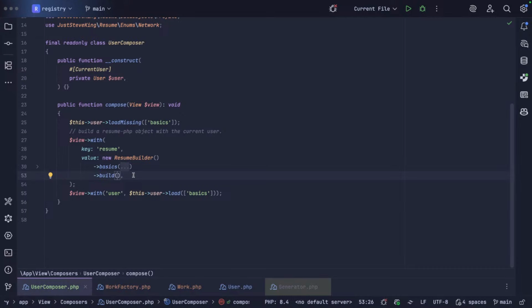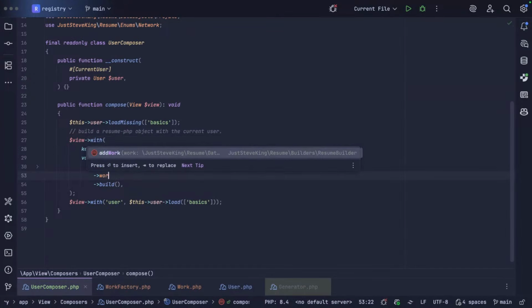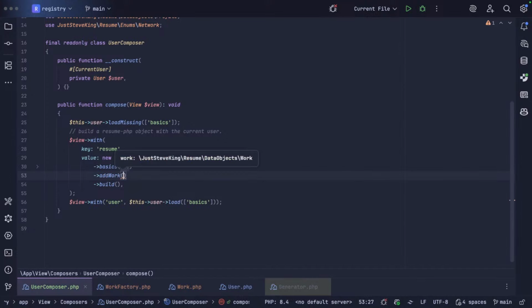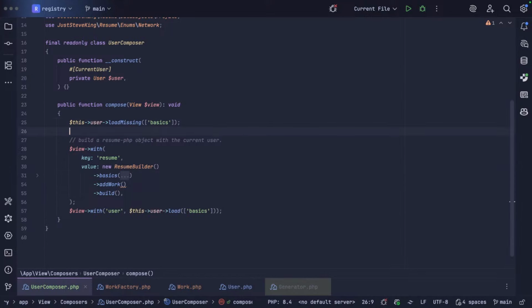Okay, might have to look at how I build this, because I can only add work one at a time. Maybe I got to